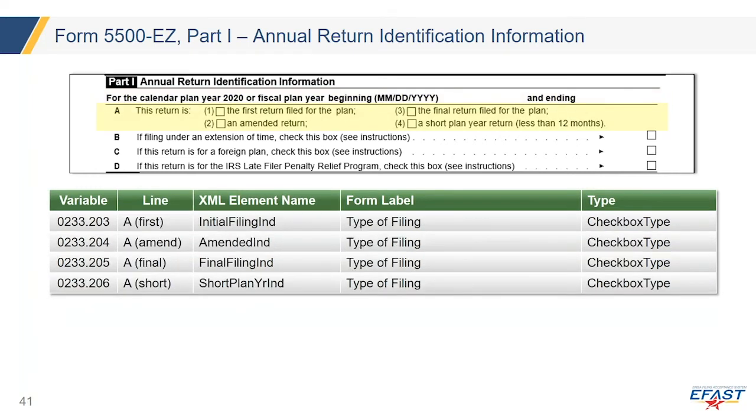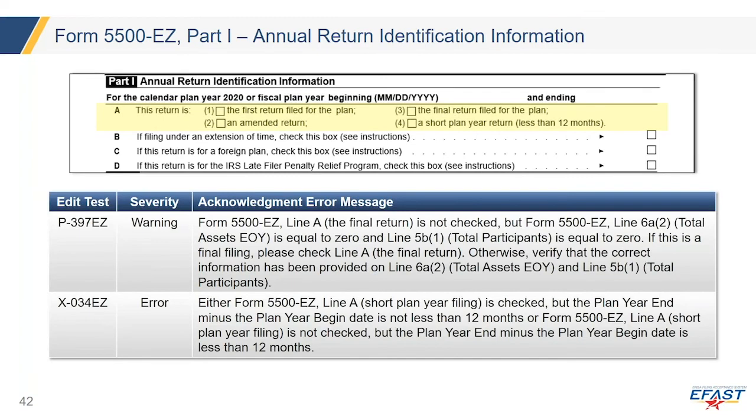Moving to the next slide. Also part of Part 1 are the standard initial filing indicator, amended indicator, final filing indicator, and short plan year indicator. These are all of checkbox type, which was already defined, so we're reusing it. You'll notice that I think all of the types in the EZ are reusing existing types we have. There might be 1 or 2 new XML types we had to create, but nothing's coming to mind. So related to those fields, there are 2 edits,